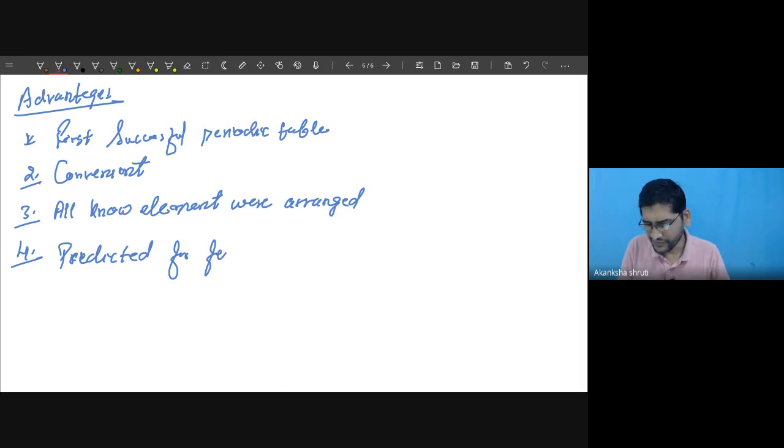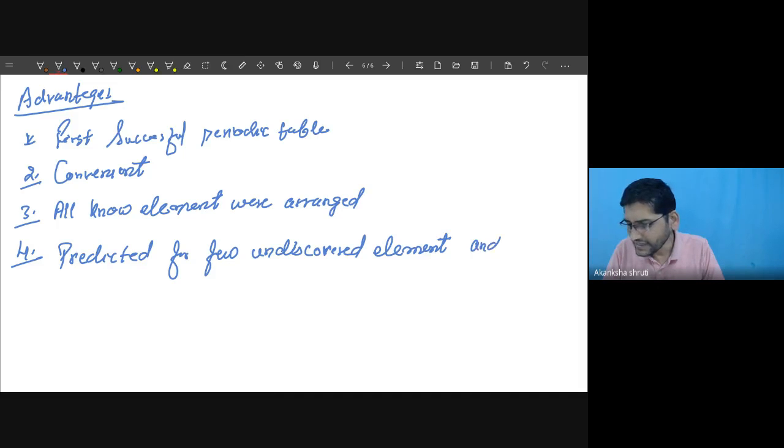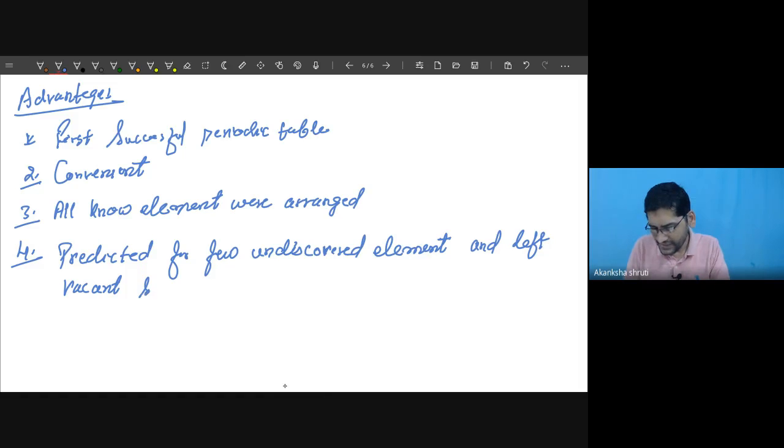for a few undiscovered elements. It means he had told that there will be some element which will occupy this position. Right now it is not discovered. That's why it was very much powerful, the base of our classification. So he predicted the existence of future elements, for a few undiscovered elements, and left vacant space or vacant positions for those elements